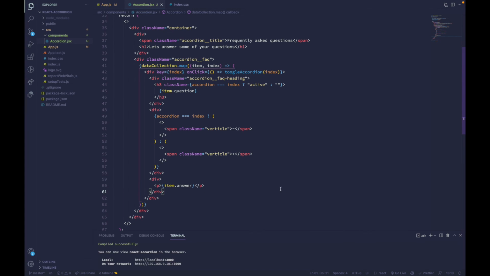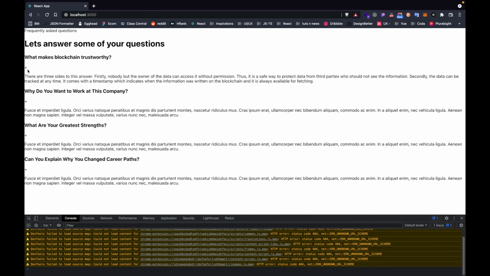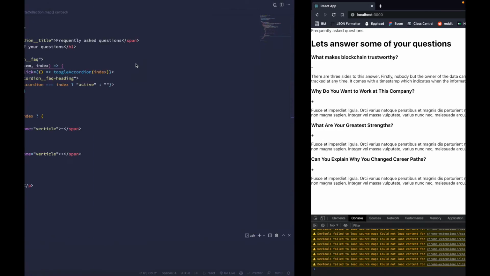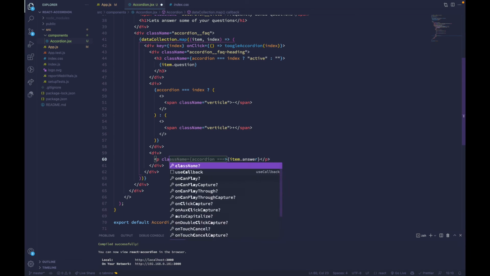All right, so let's save it and let's take a look at the browser. So everything looks fine. First, initially we have add. So if we click on it, it is subtracted, and it should be add again. So let's add some conditional for the answers as well. For the answers, we want to add a className to our paragraph,